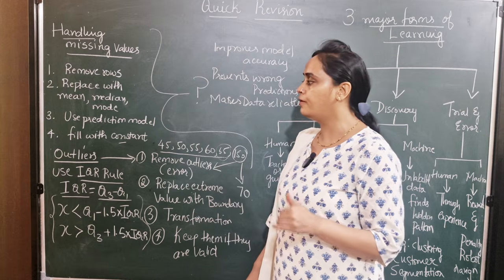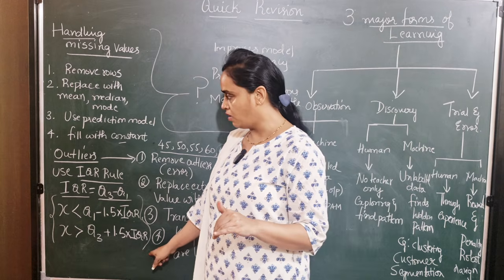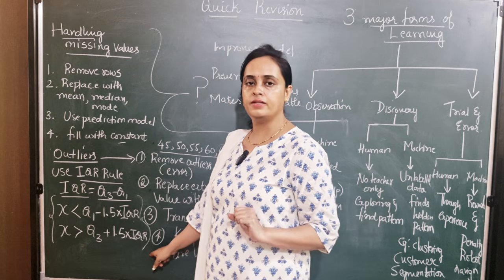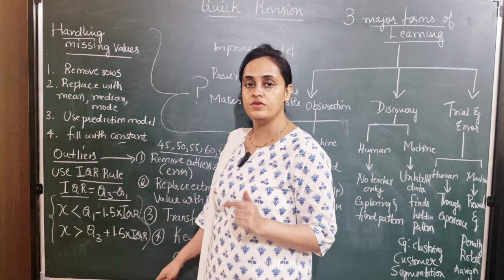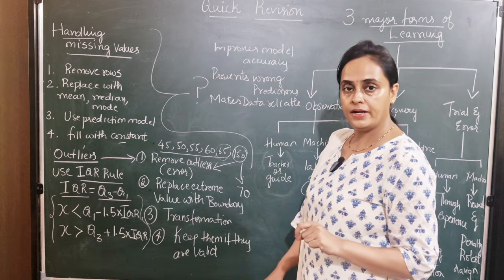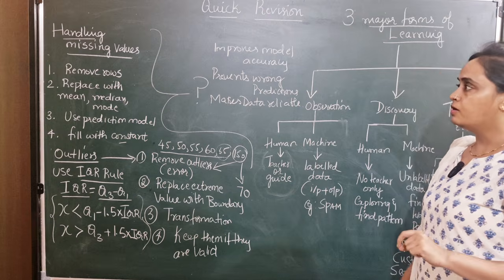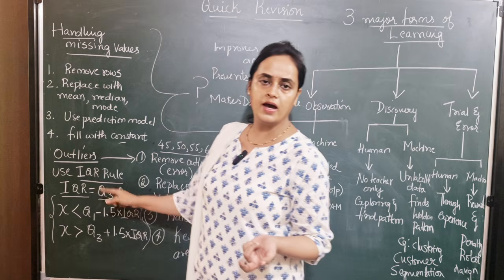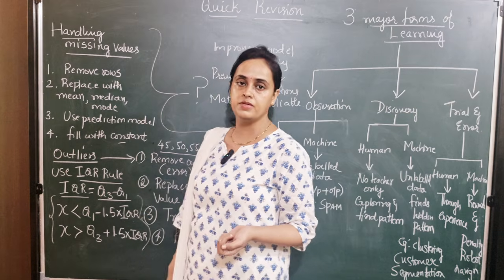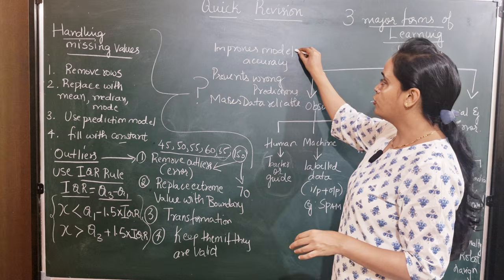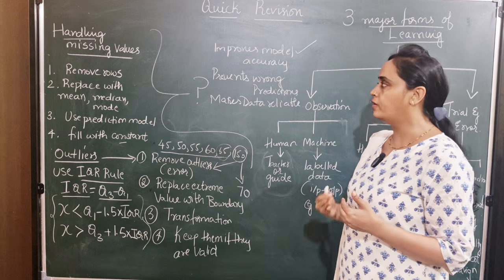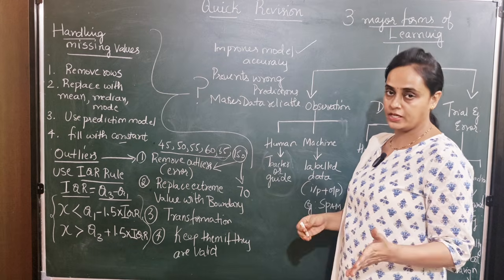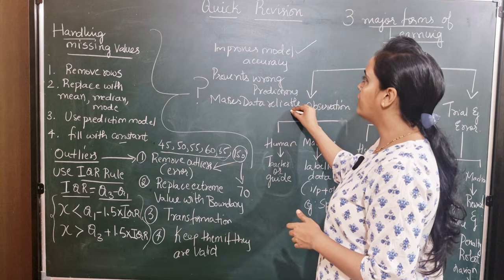When it comes to the problem, you should just know the formula, what we call an outlier, and how to handle the missing value. When we start doing the problems, you'll understand better with this theoretical concept. Our next concept is, why do we have to handle the outliers? Why do we have to handle the missing values? To improve the accuracy of the model and to avoid wrong predictions, especially in machine learning, and to make the data reliable.